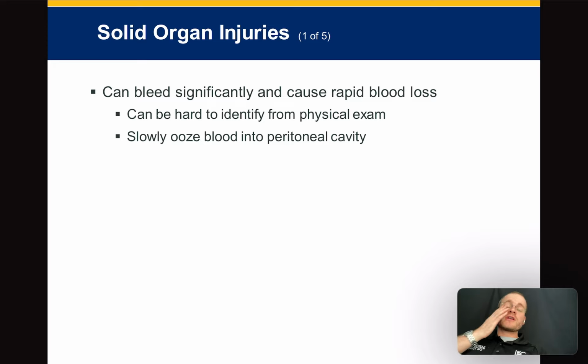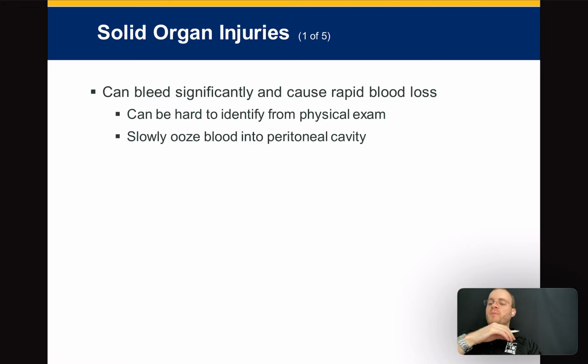And so solid organ injuries can bleed a lot. What are solid organs? Liver, pancreas, spleen, ovaries, kidneys. Those are all solid. And so they can be hard to identify from physical exam, and they can potentially slowly ooze into the peritoneal cavity. You can get a liver laceration or a spleen laceration that's relatively small, and while it will continue to bleed and cause problems, in the immediate term, it's just oozing blood in the peritoneal